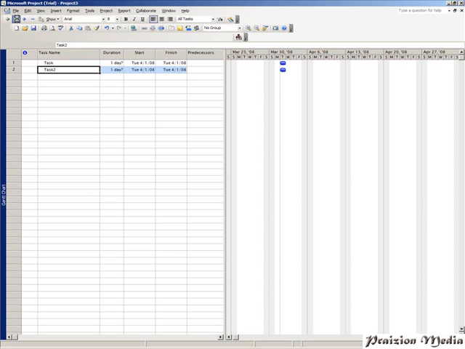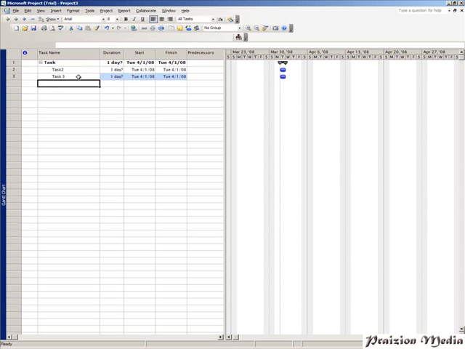So just highlighting the task and clicking on either of the buttons will either unindent or indent that task. You can keep typing in tasks